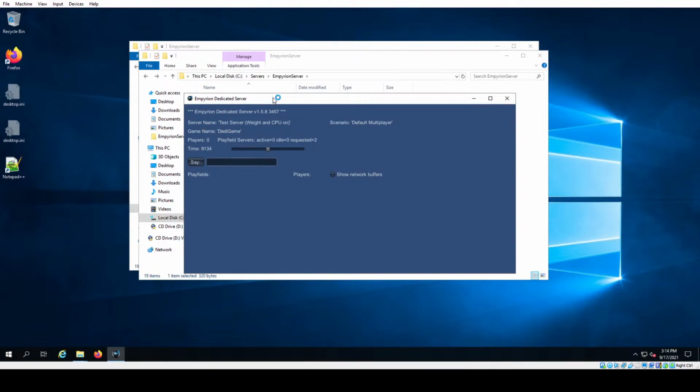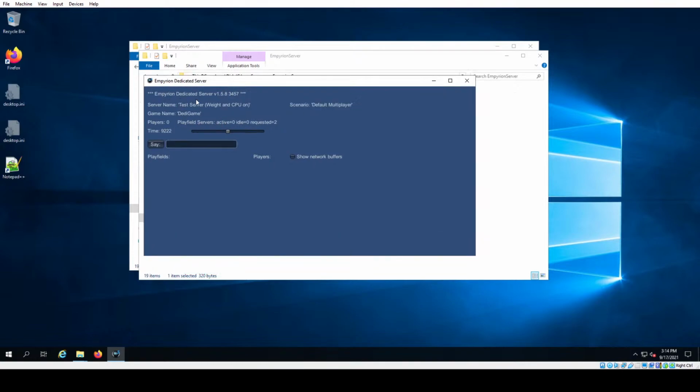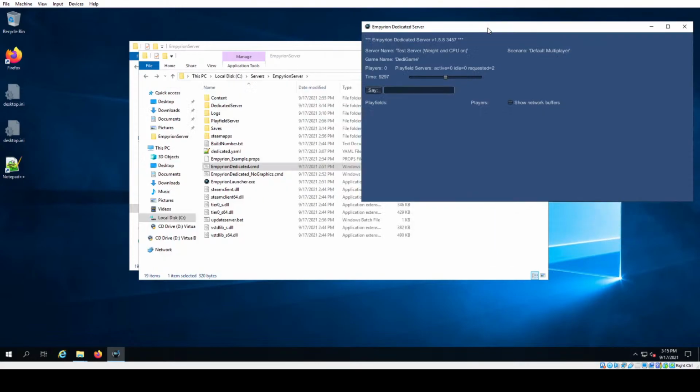And this is the reason I made this tutorial, because I think some people forget about this. And they just say, oh, what's happening? I keep getting a blue screen. So now you can see the console windows here: Empyrion dedicated server version, server name, game name, and daddy game. Now you see the daddy game, which I showed you earlier in the configuration file. Once you have actually started the server,